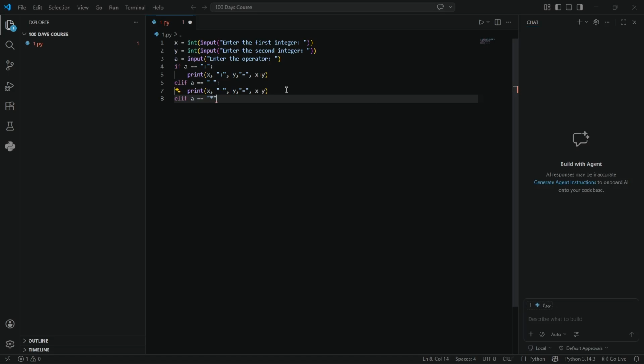multiplication. Now since in most laptops there is no multiplication symbol, we use asterisk, and even the computer understands asterisk as multiplication. Then a colon, Control V. Now we also need to do it here. If a equals division, the symbol is here, however, we have to use a slash, colon,